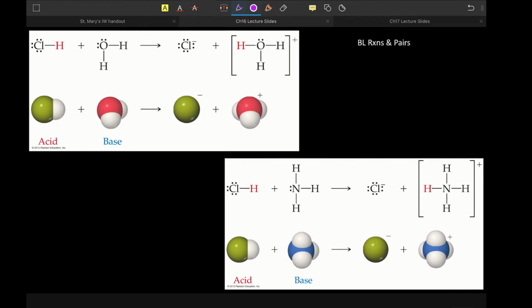All right, so Bronsted-Lowry reactions. The thing about this is that they happen in pairs. So just like when we talked about redox, there always had to be a reduction accompanied by an oxidation. Something had to lose electrons and then something else had to pick up those electrons, and it had to happen together. Same thing here with Bronsted-Lowry, in that we have to have something that functions as an acid, in that it has a proton to donate. We have to have something that functions as a base that has lone pairs that can take the proton. And then we end up with whatever's left,